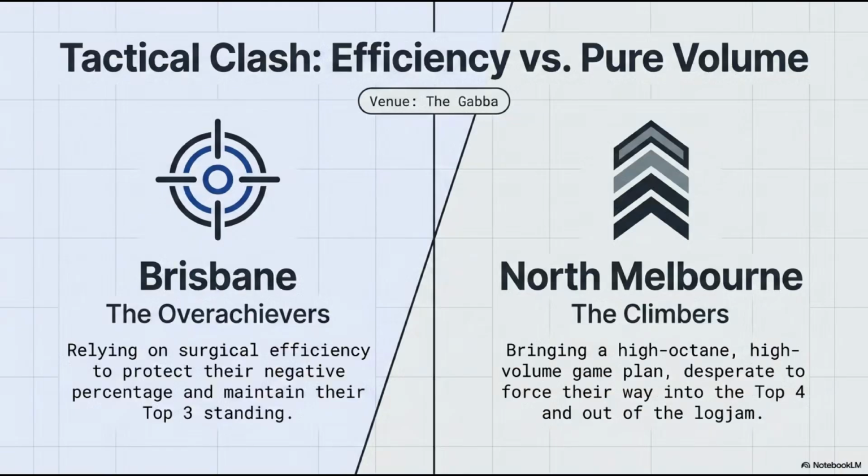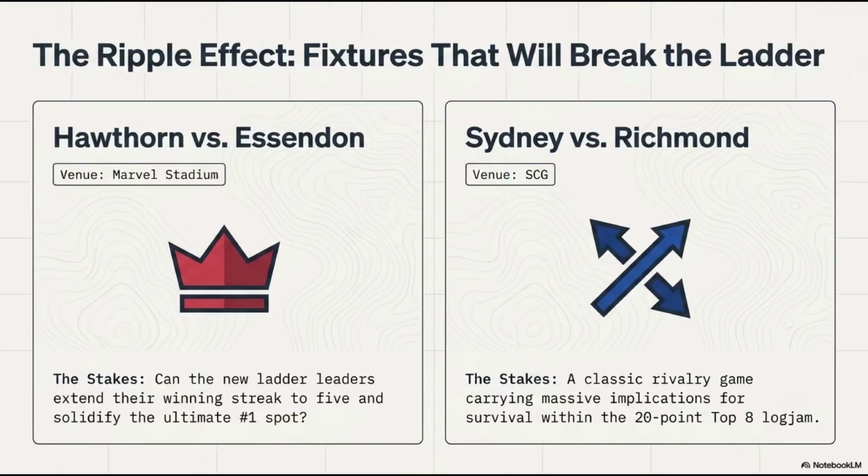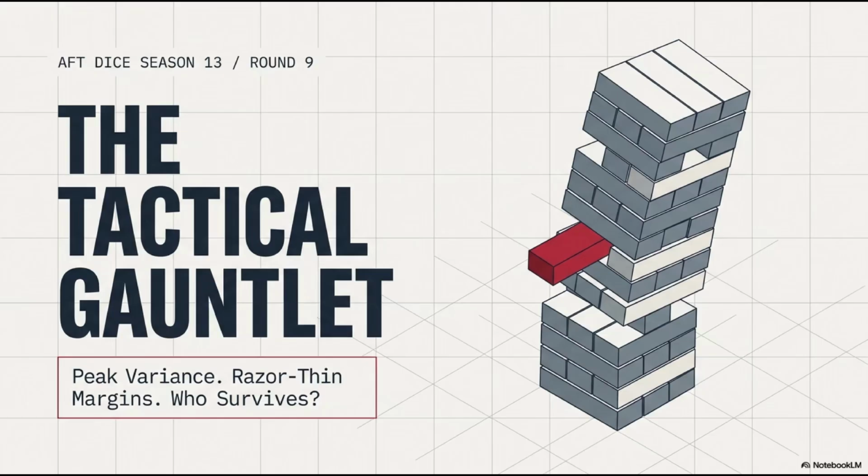I look at this 20-point logjam, and I keep going back to the Jenga tower metaphor from the source. It is exactly like you're playing Jenga. The tower is swaying, and you're being forced to pull the exact middle block out. That's a great image. Because of how tight this logjam is, one single loss for Geelong or Sydney or North Melbourne, and the whole finals bracket collapses for them. One slip-up, and you tumble out of the top 8 entirely.